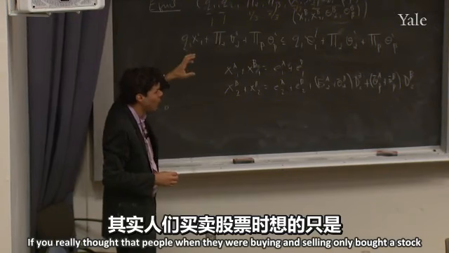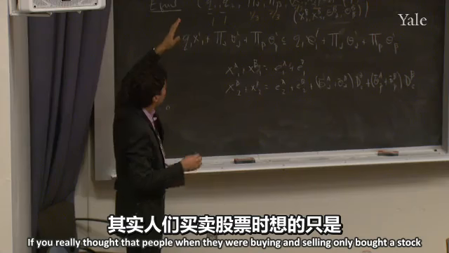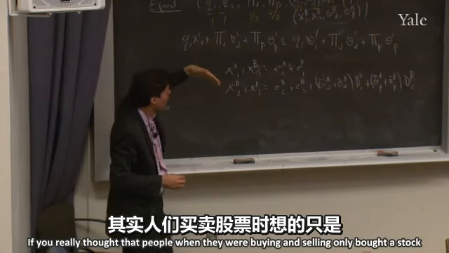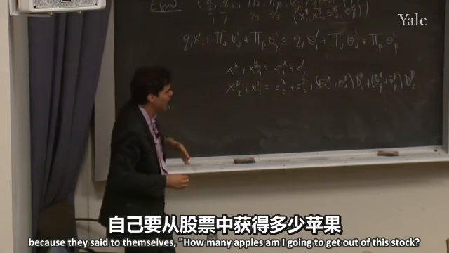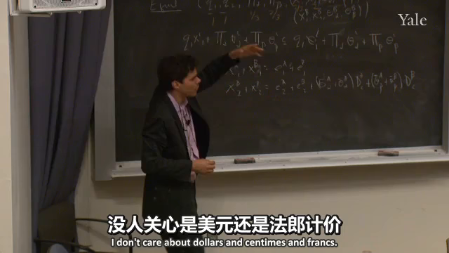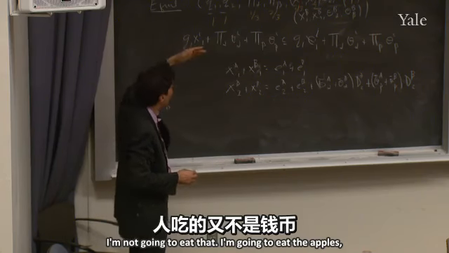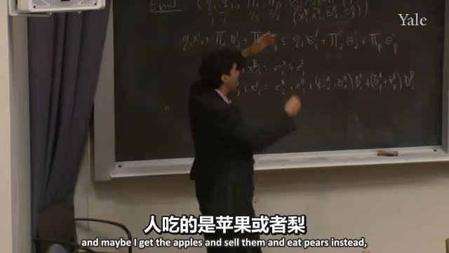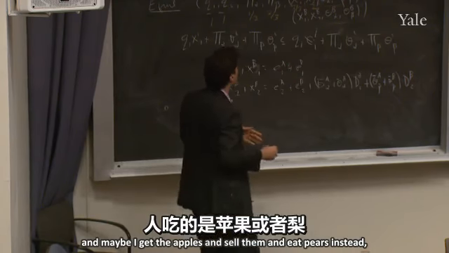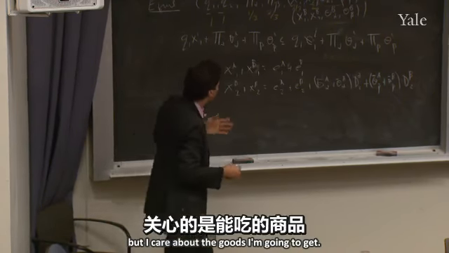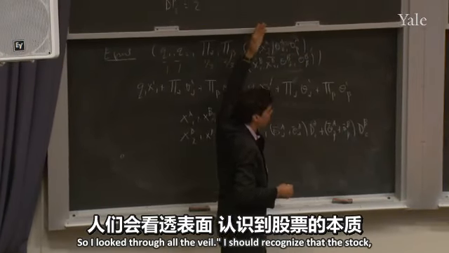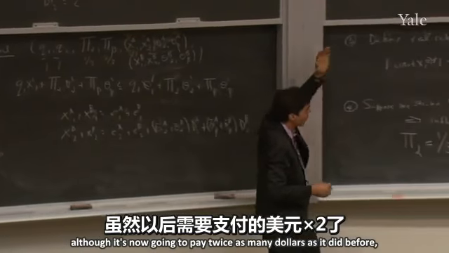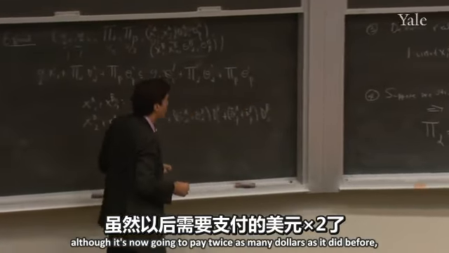If you really thought that people, when they were buying and selling, only bought a stock because they said to themselves, how many apples am I going to get out of this stock? I don't care about dollars and centimes and francs. I'm not going to eat that. I'm going to eat the apples. And maybe I'll get the apples and sell them and eat pears instead. But I care about the goods I'm going to get. So I look through the veil. I should recognize that the stock, although it's now going to pay twice as many dollars as it did before,